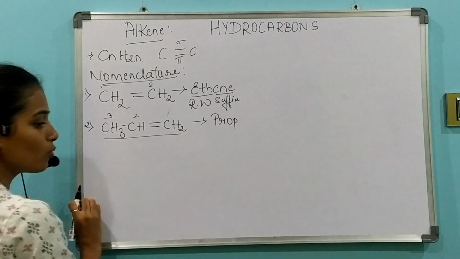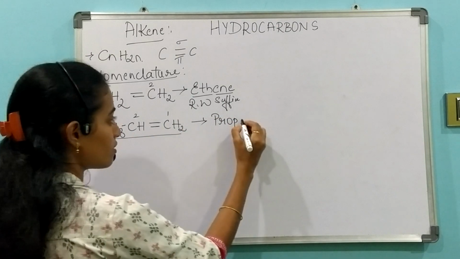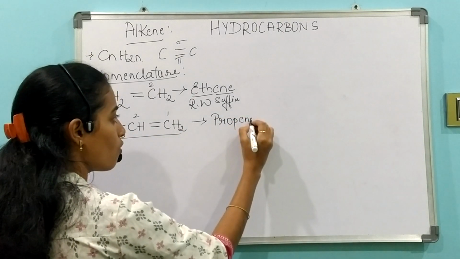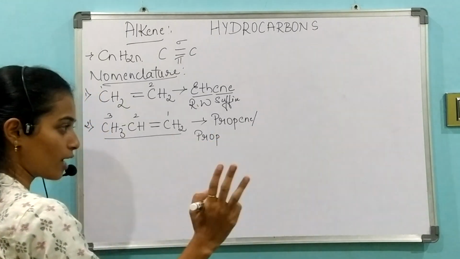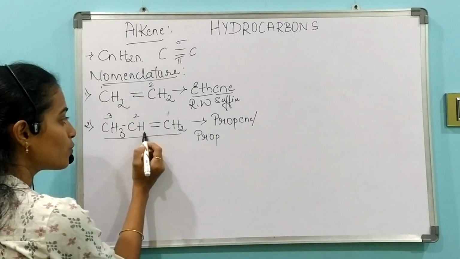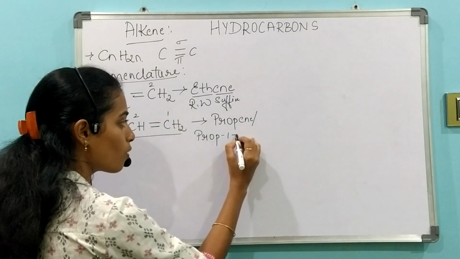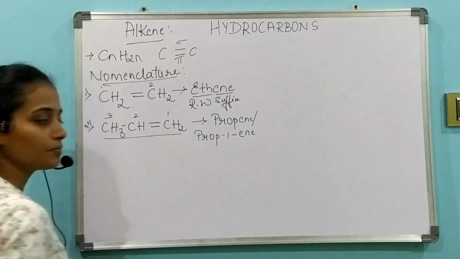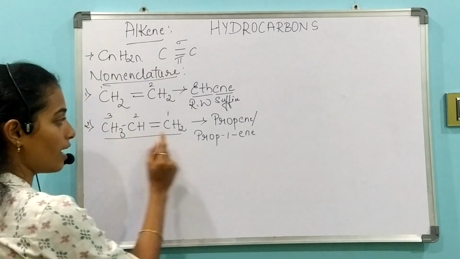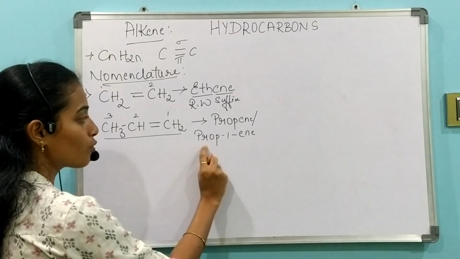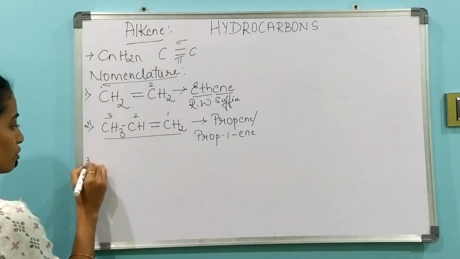It is prop root word, and you have a double bond between carbon 1 and carbon 2. You can even write it directly as propene, or you can write it as prop, that is 3 carbons, and the double bond is between carbon 1 and 2. Use the smaller number, prop-1-ene. I'll just use the smaller number, prop-1-ene, or directly you can say propene. Go for the third one,